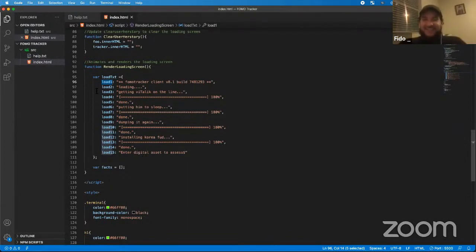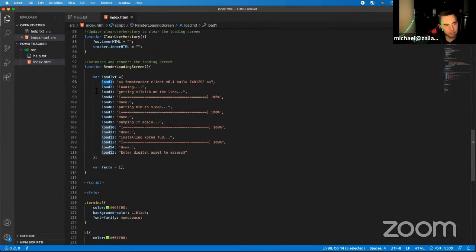I don't remember. I thought I was just listening to a suggestion, but wouldn't it be easier to just have an object like this? We could just use the map function and iterate through it. Well, the map function doesn't work on objects. It works on arrays. So you're still